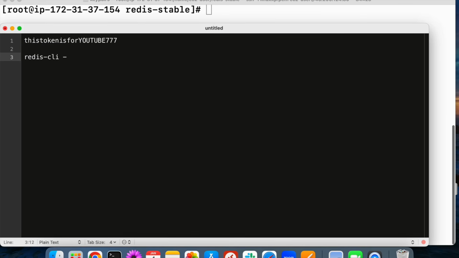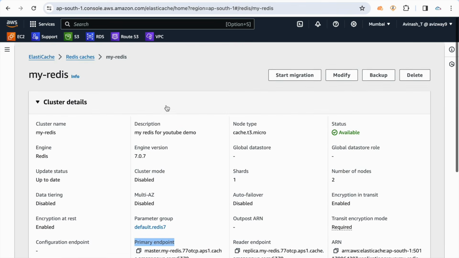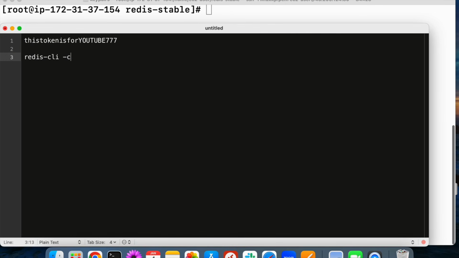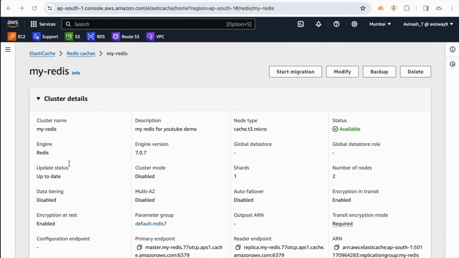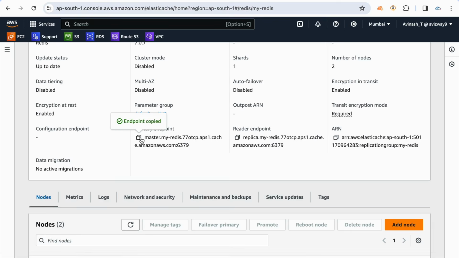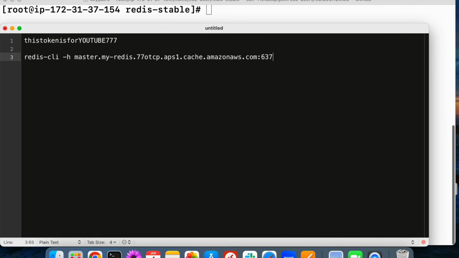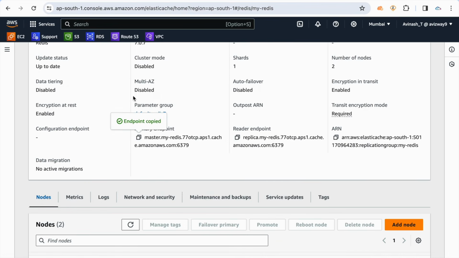redis-cli -h. While we were creating the cluster, it asked us whether we want to enable cluster mode or not. I have not enabled cluster mode here, but in case you enable cluster mode, you have to give -c and then the remaining commands. I'm just giving redis-cli -h, then the primary endpoint, and then remove colon 6379. Then